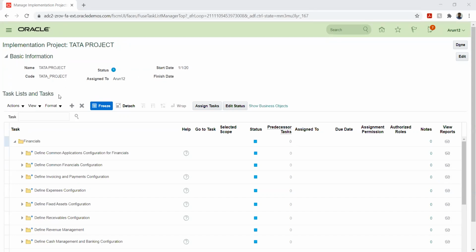In any existing implementation support position also, in GL, what kind of issues do you usually get? In GL, basically the issues that you will get are in terms of importing the data, we might get issues here and there. Apart from that, we will work on the period closure, the fixes and these things. And we will have reconciliation based issues. So these are the primary things that we will see in the GL module. And apart from that, primarily we will see more issues in subledger modules like AP, AR, and fixed asset.